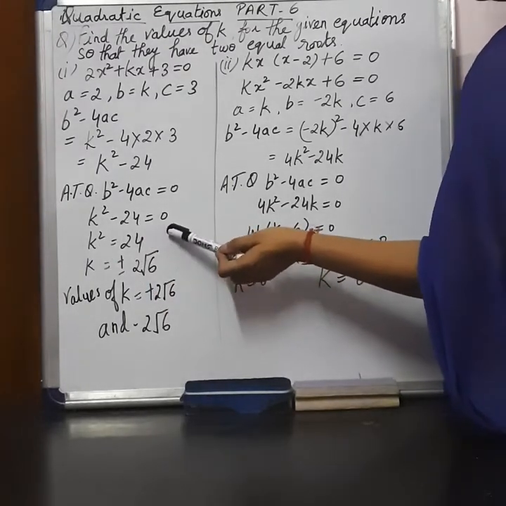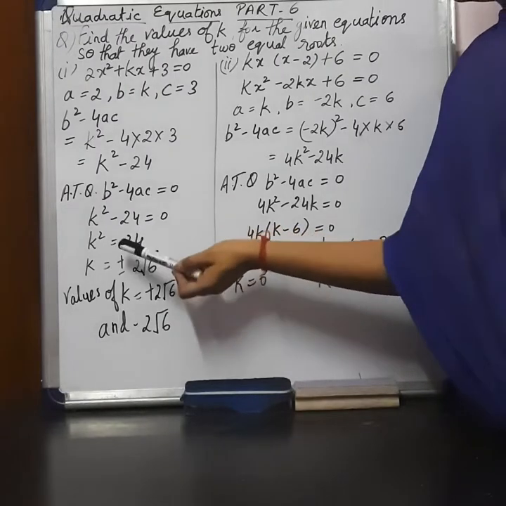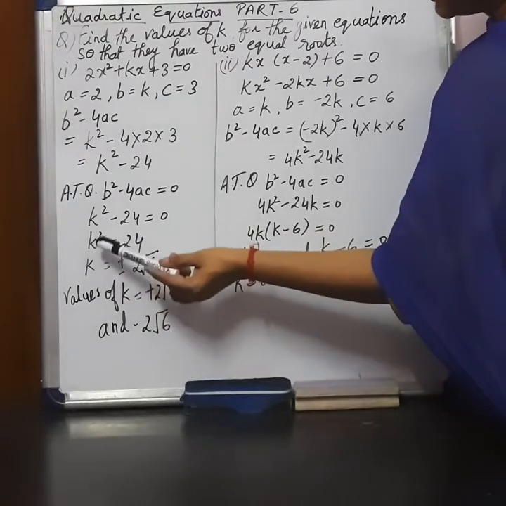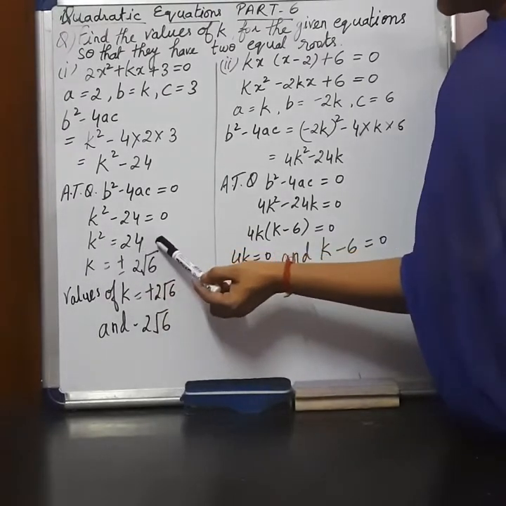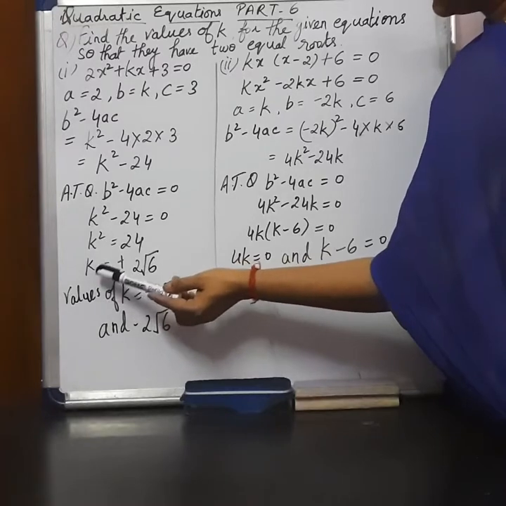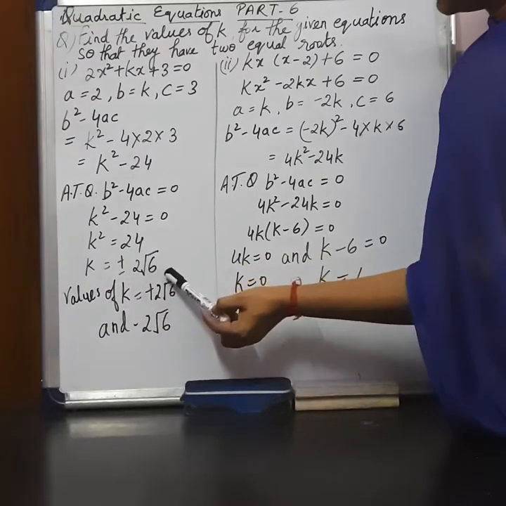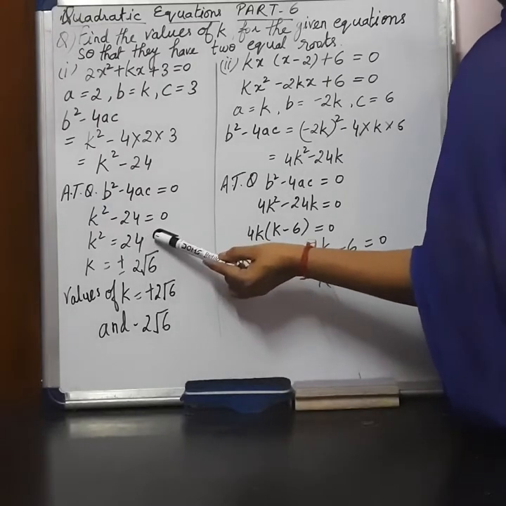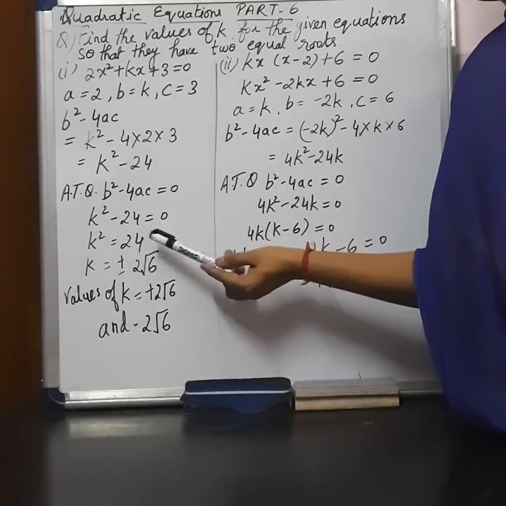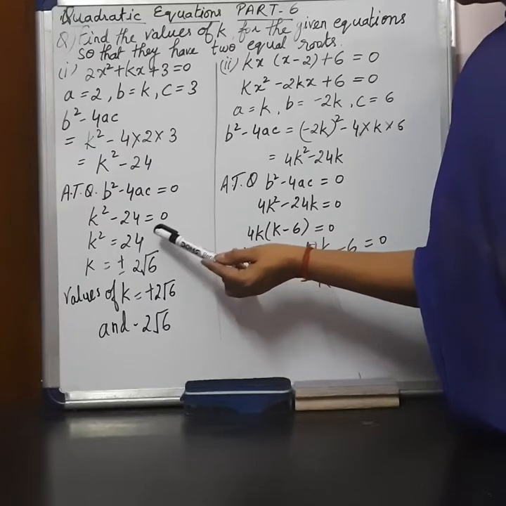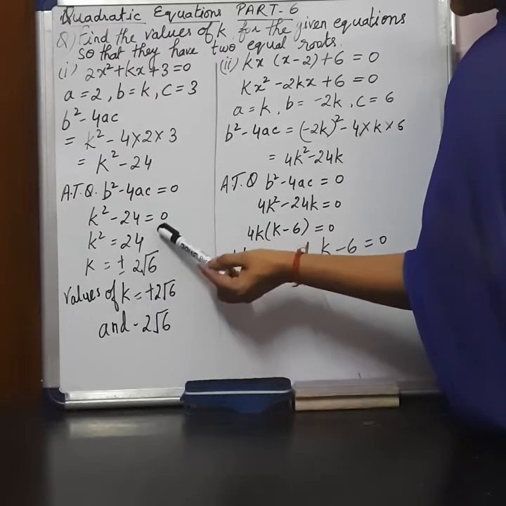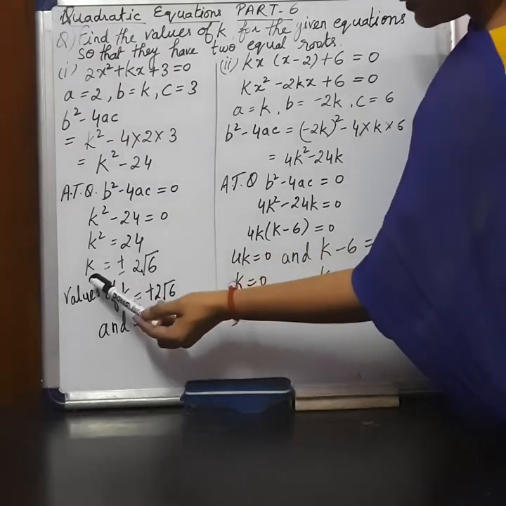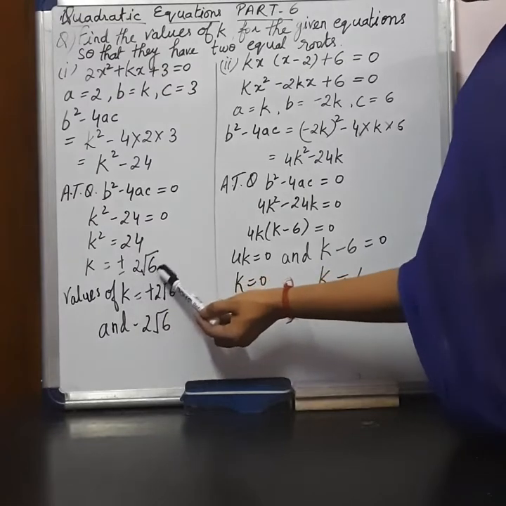We will take it to the right hand side and it will be coming in plus sign. Now we can write the value of k square is equal to 24. Then it will be coming k is equal to plus minus 2 root 6. Why have we written 2 root 6 over here? Because it is the multiplication of 4 multiplied by 6. When we have taken 4 in under root, it will be coming 2 outside and 6 will be remaining in under root. So it is coming k is equal to plus minus 2 root 6.